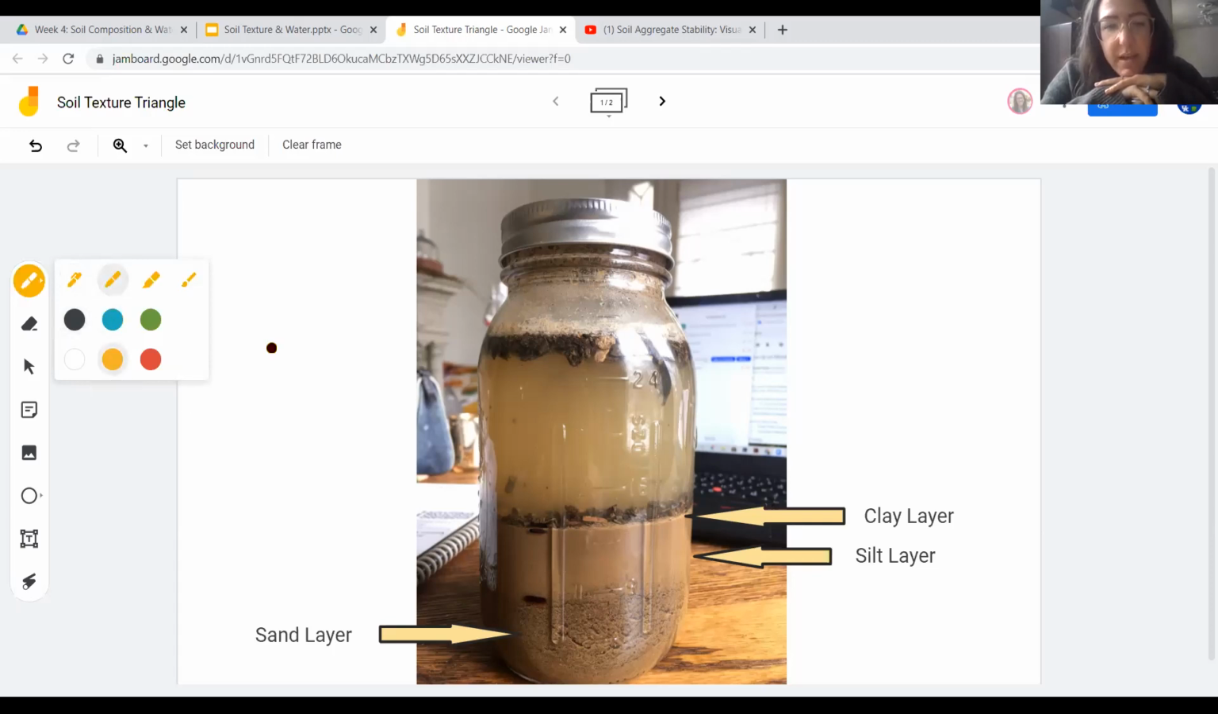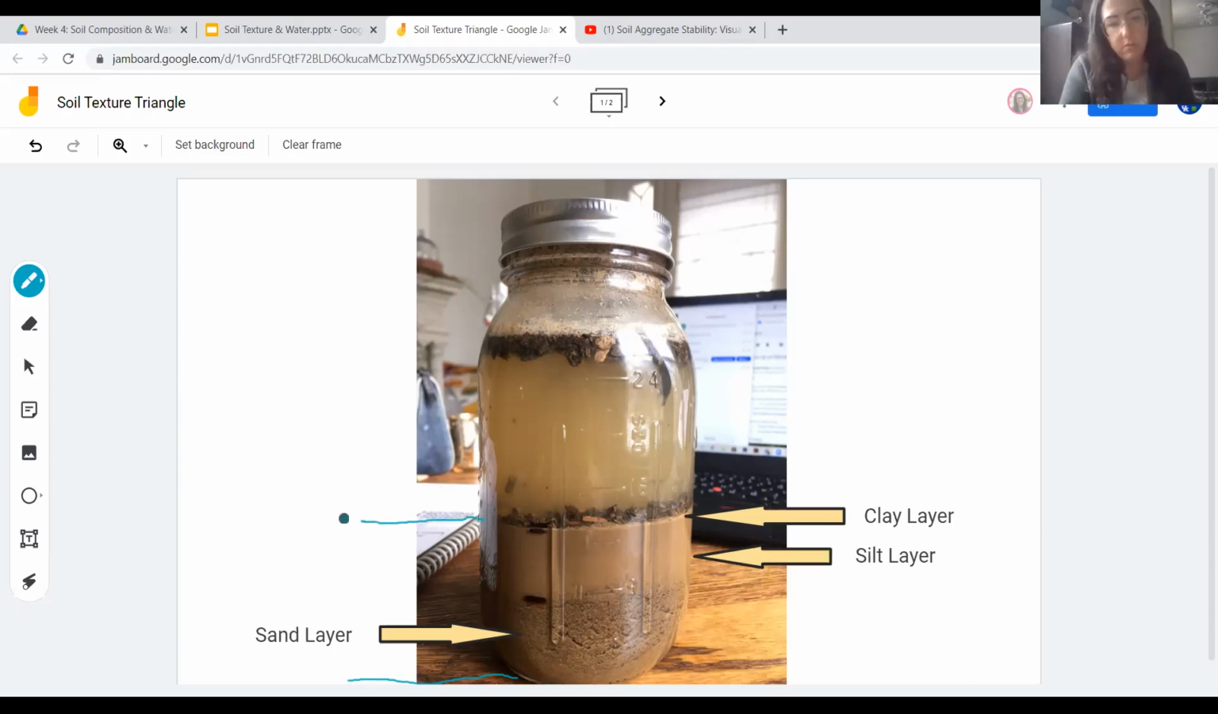And so I went ahead and marked my 3 layers with some black marker there on the left, so that I could calculate my percentage of each and be able to figure out what my soil texture is. So the first step in doing these calculations is to measure from the bottom of the jar to the top of that clay layer, and that's going to be your total